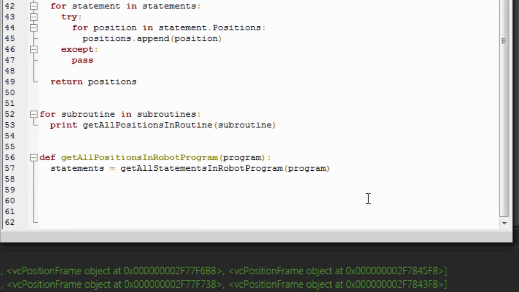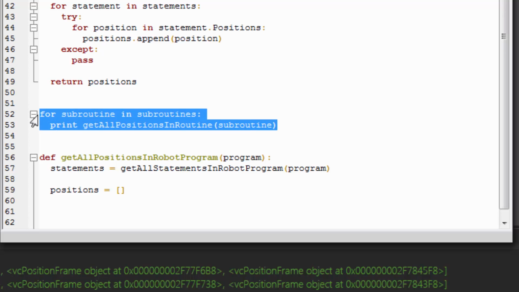Create some white space. And then create a list of positions. And then for statement in statements, we'll do the same thing we did again here. But that might be a bit repetitive, so let's actually change our loop here to do what we did here for the subroutines.